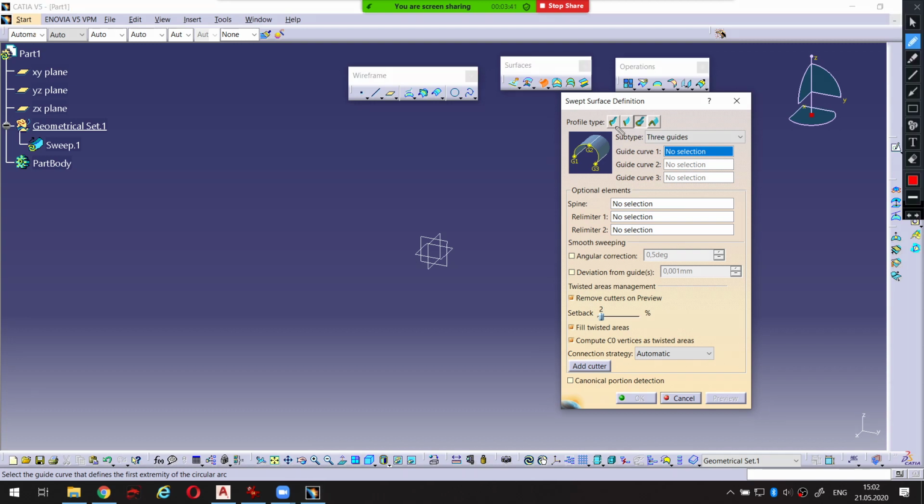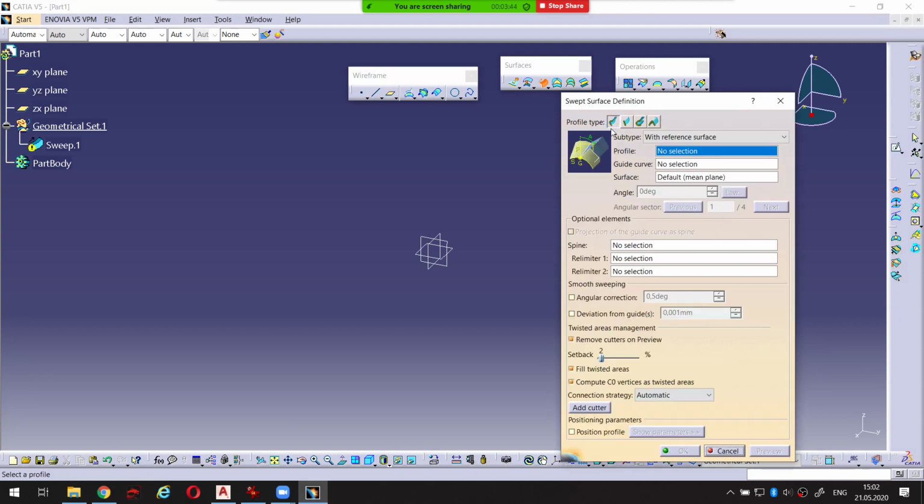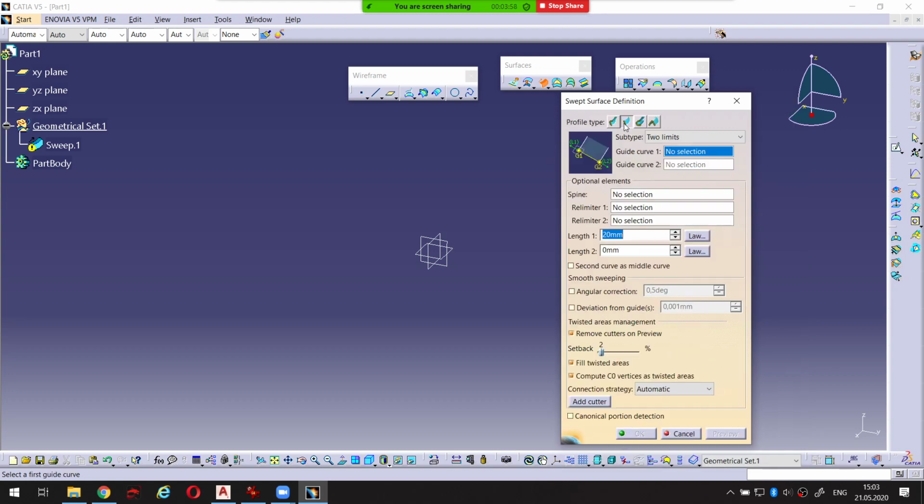We have already looked at the explicit type profile, and here we have looked at all three methods of creating a surface. On the line profile type, we have also looked at some methods of creating surfaces, two limits, limits with in middle, and so on. Since we are not going to use all of these methods to create surfaces, we just switched into